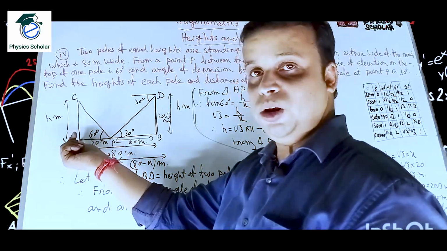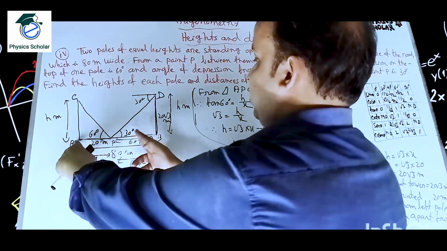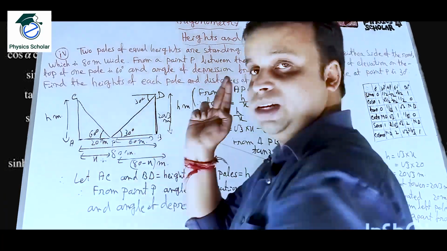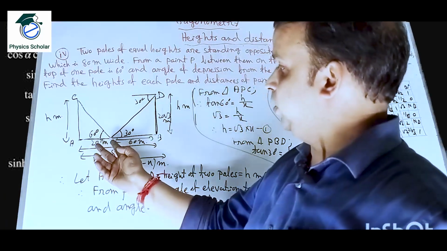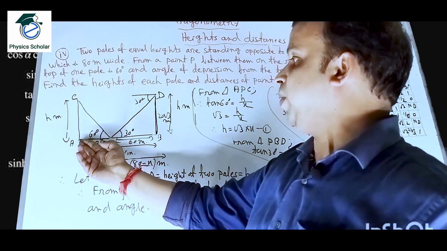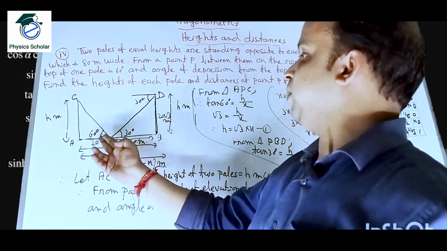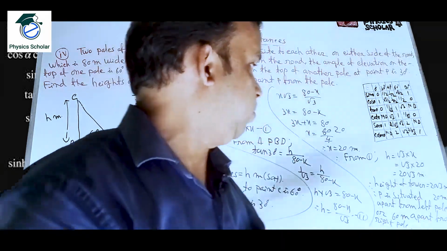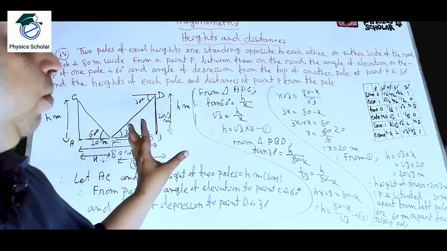from the left side pole, or total distance 80, this is 20, then this is 80 minus 20, that means 60 meter. Clear? So the point P will be situated 20 meter apart from left side pole, 60 meter apart from right side pole. Clear? So students, hope you can pause the video, you can copy the sum, very important one for